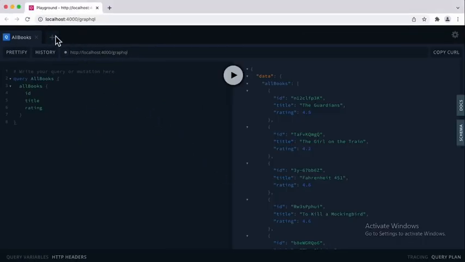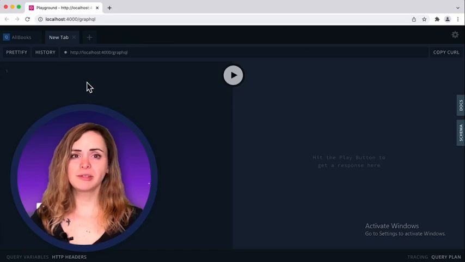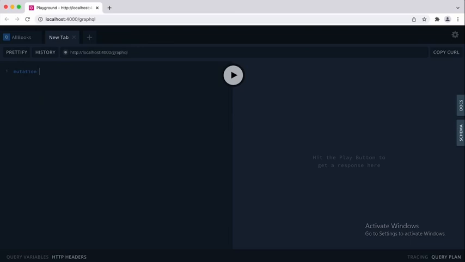Let's write our first mutation. Imagine that the Guardian's book became super popular and we want to set its rating to 5. Now, let's write the mutation. We will be using the update book mutation with the input parameter. First, we'll need to know the ID of the book we want to modify, passing this ID in along with a new rating. We want the response of this mutation to include the ID, title, and rating of the updated book. Let's run it